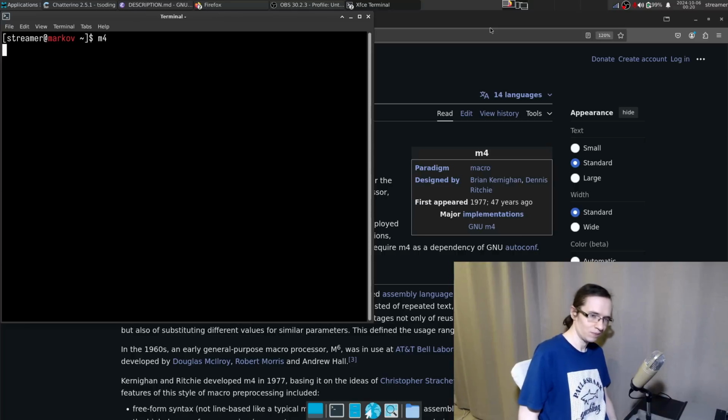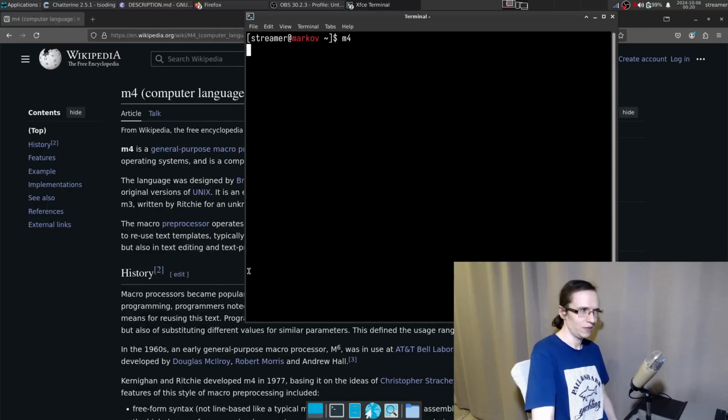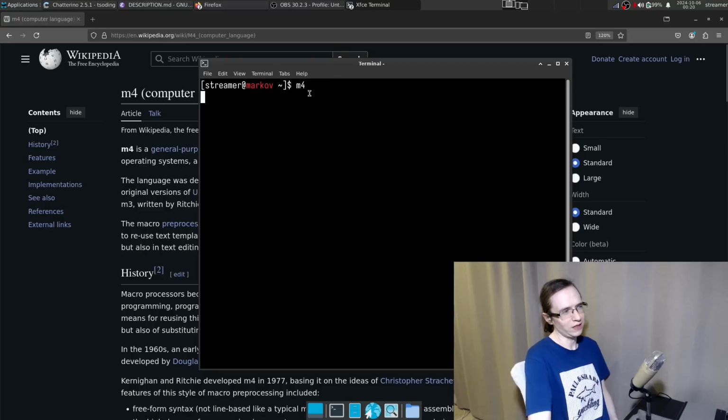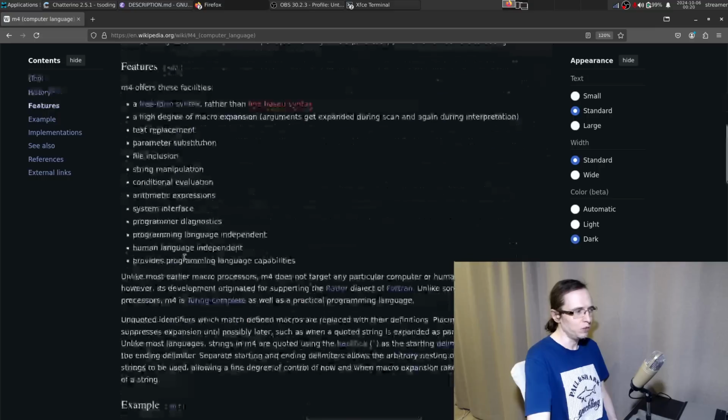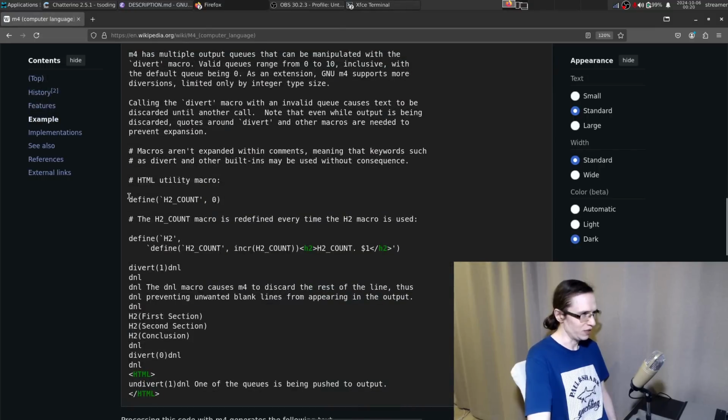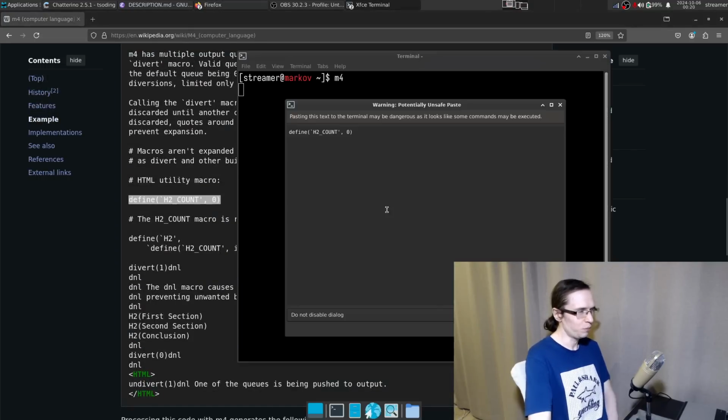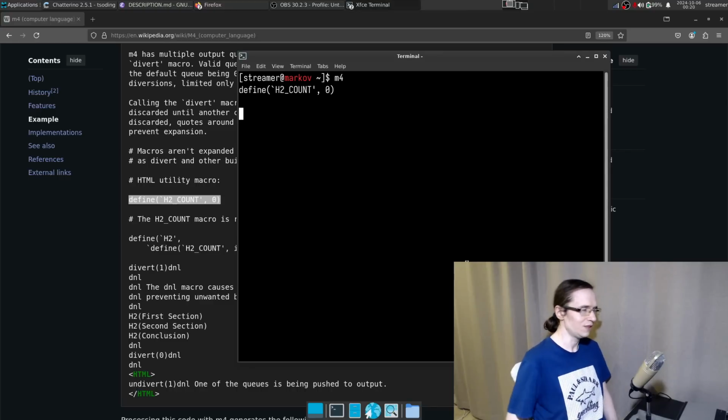Doesn't do anything. I suppose it probably reads the standard input. Usually when you start some Unix programs and they don't do anything and they feel like they hang, they are looking for some input. Maybe it is actually looking for some of the commands. Oh yeah, I was just copy-pasting it in here. There we go. So I copy-pasted this thing in here, and then I can do h2 count, right?